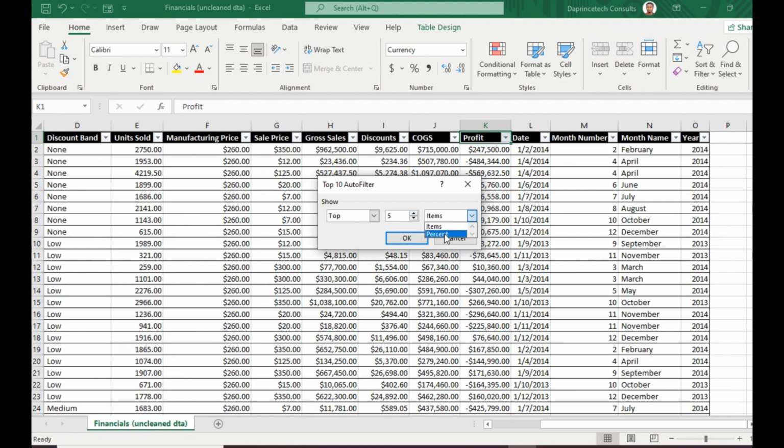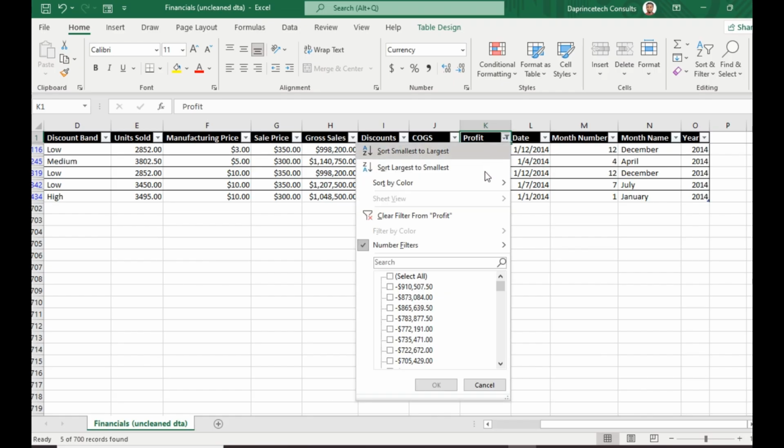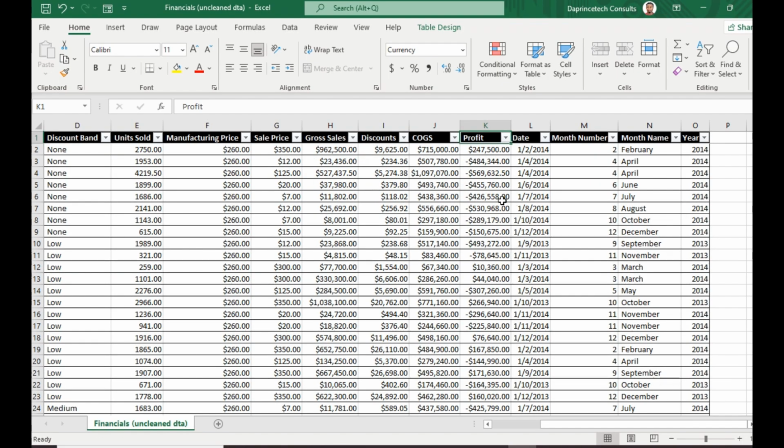So if it's items, I click on items. If I press OK, it will give me the top 5 based on items I'm using. So you can see, this is how you run your filtering using the normal Excel format. You can just clear filter for profit, and everything will be back to normal. So now this is the aspect